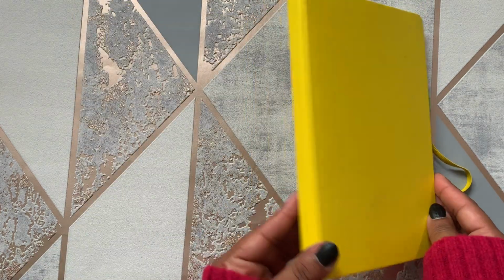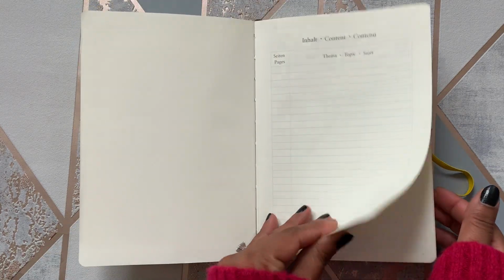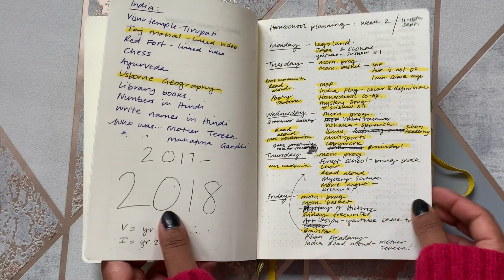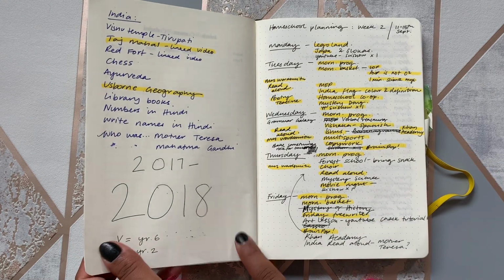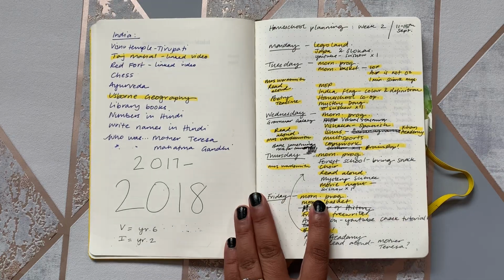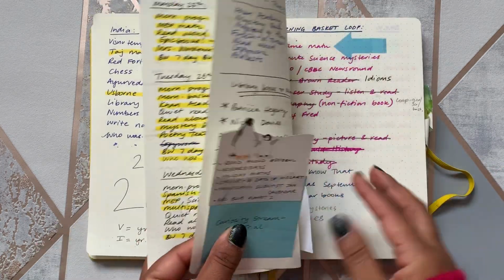So this is just an A5 Leuchtturm notebook, and I think I got this because we've been homeschooling for a long time, but this is from 2017 to 2018. So basically, let me go to,